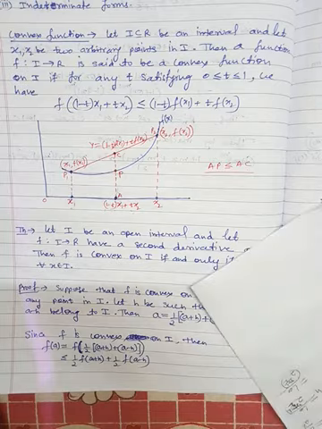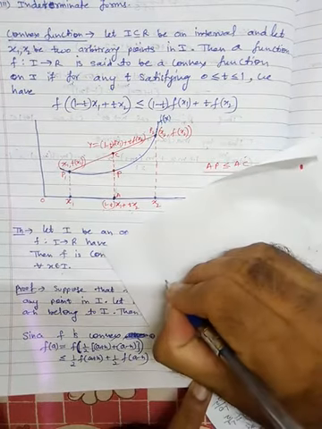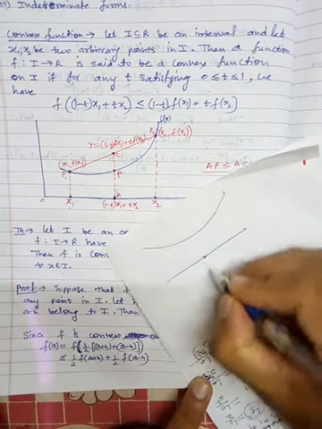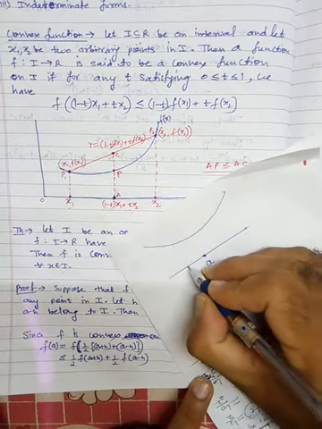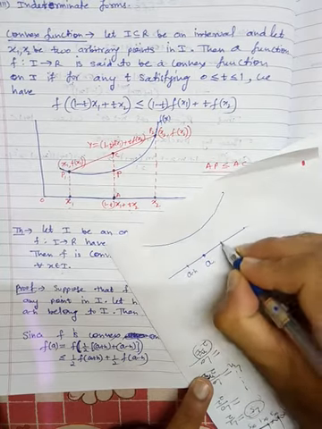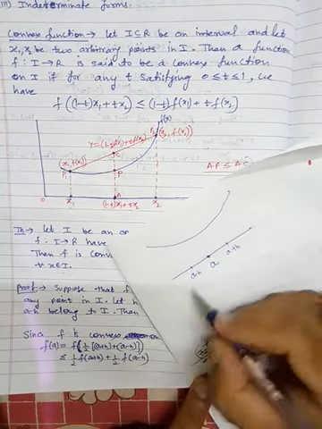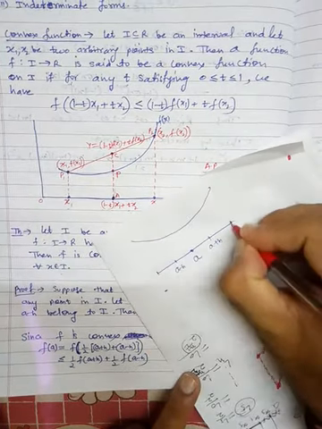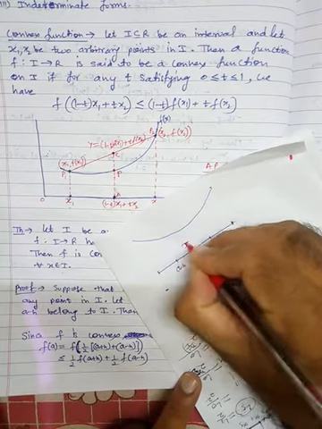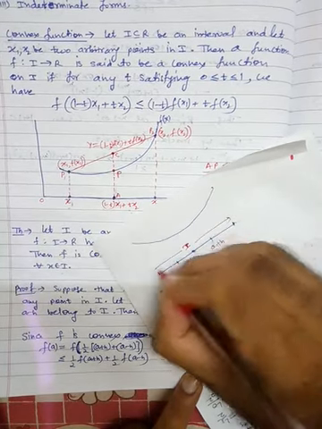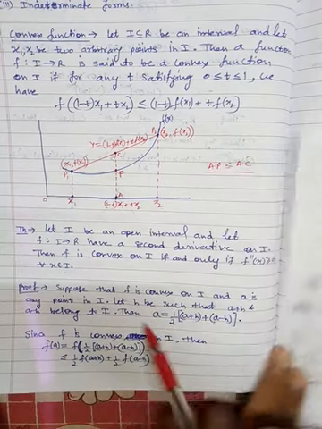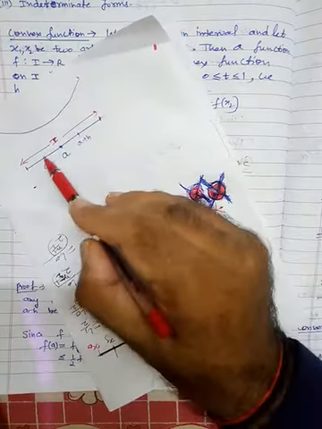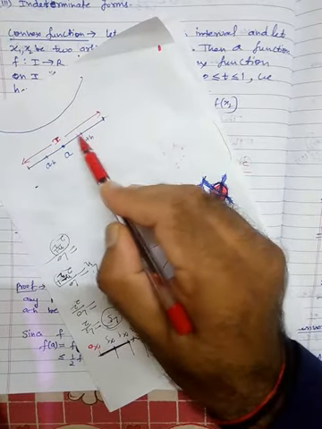So what have we assumed? Here we have assumed that this is the function, this is the domain. Here we have randomly selected point a such that a minus h and a plus h both will be in I, from here to here, this is I. Okay, so let h be such that a plus h and a minus h belong to I. So you can see that this point belongs to I, a plus h also belongs to I.